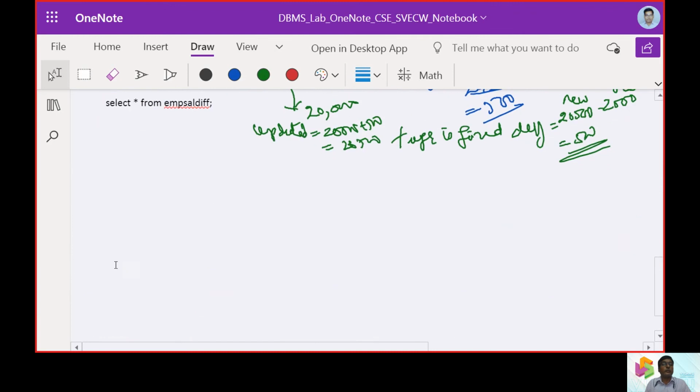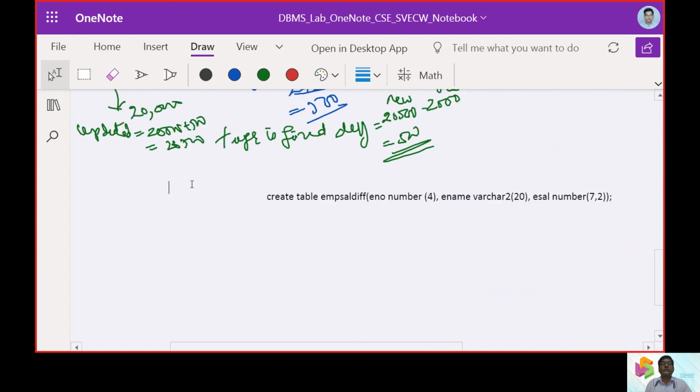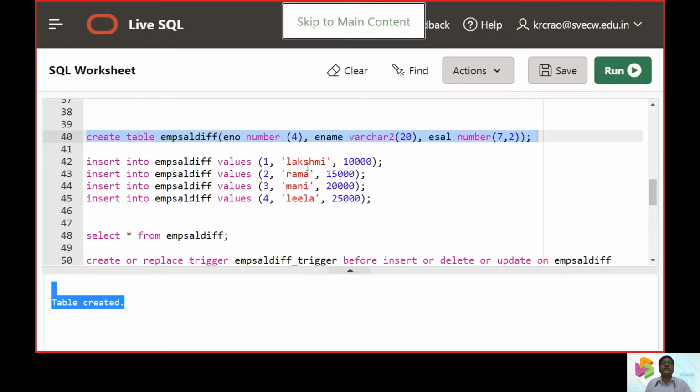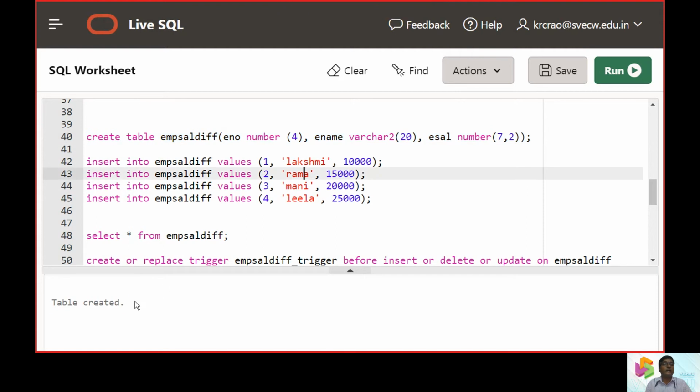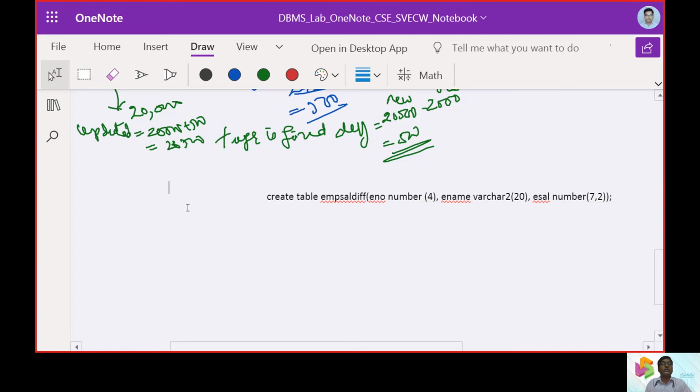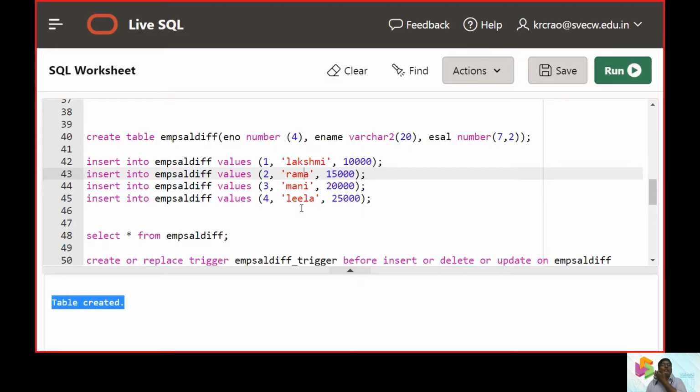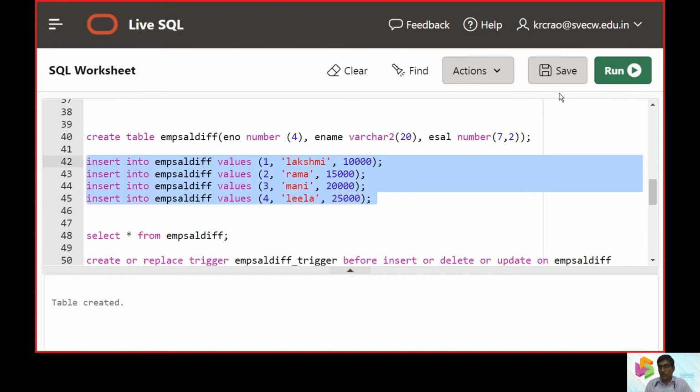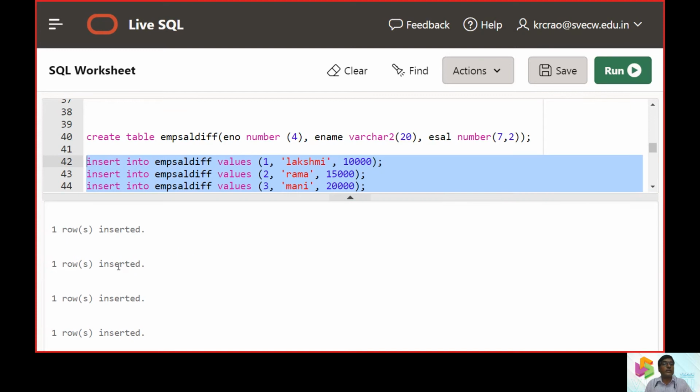Once the table was created, we will pull up all the insert commands. You can see there are 4 insert commands.